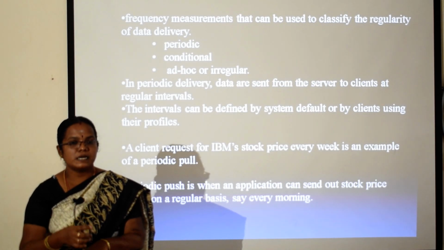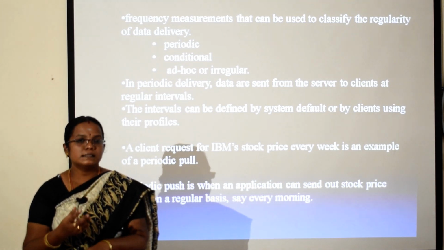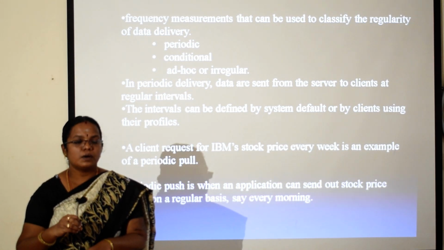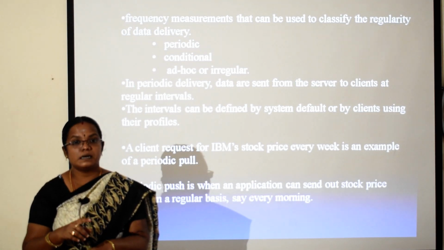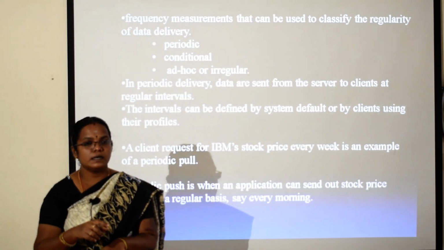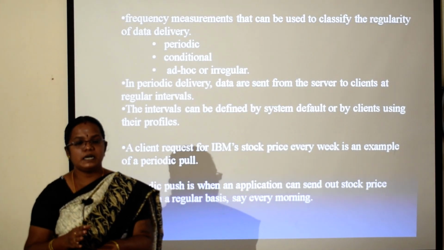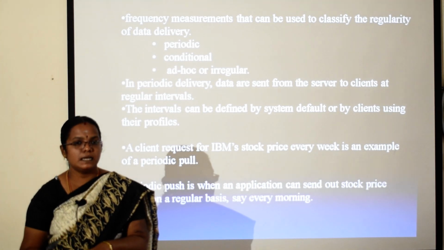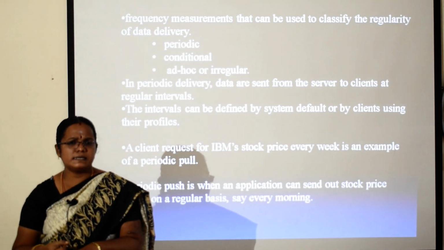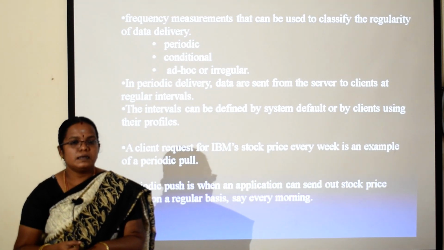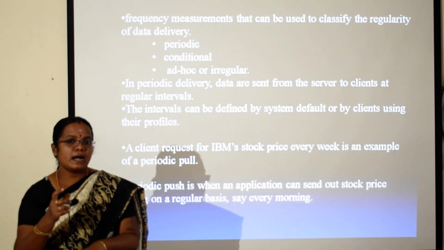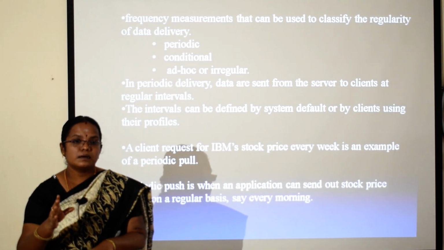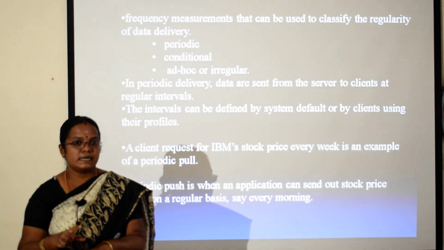If you take a fully transparent system, a user can access the data without worrying about where the data has been stored or how we are going to retrieve the data in a distributed environment. Here we are going to have many types of transparency. It starts from data independence, network transparency, fragmentation transparency. In a distributed database system, we are going to partition the larger database and store the partitions or fragments in different sites.